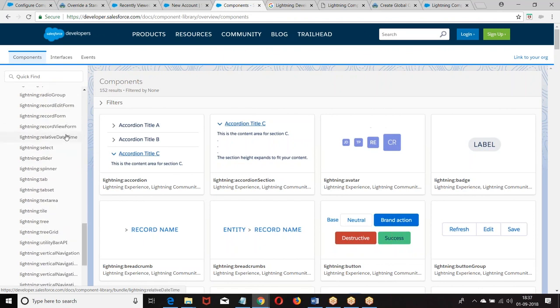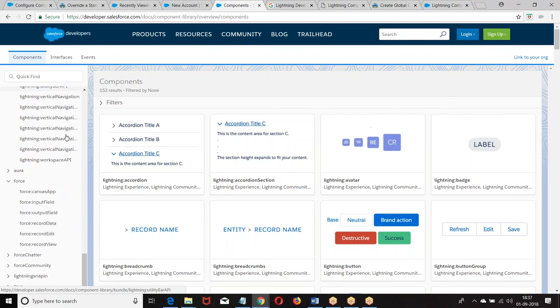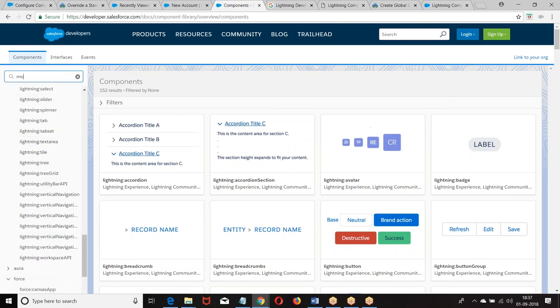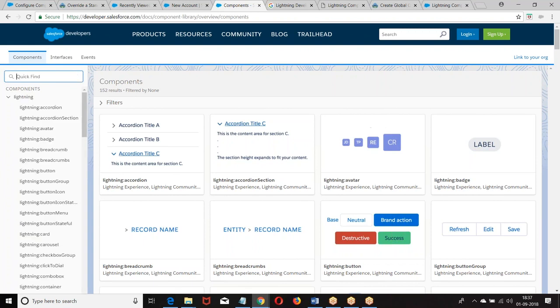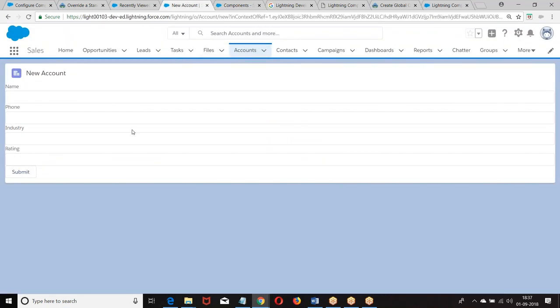There is a modal concept here which we can use. There is an attribute called modal using which we can do it. Not available here. Okay. There is a modal concept. It is the pop-up box. The pop-up box is called a modal concept. Using that we can achieve it. I'll do an example in coming classes. So this is simply replacing the component.